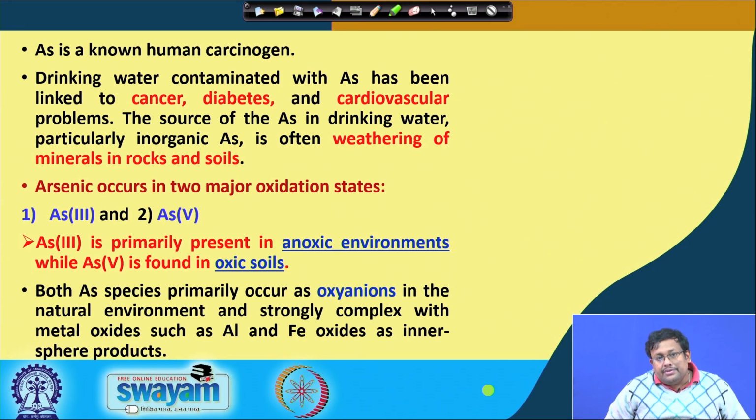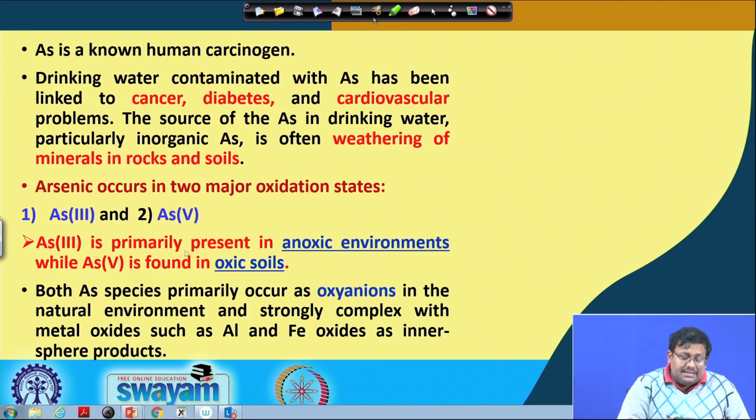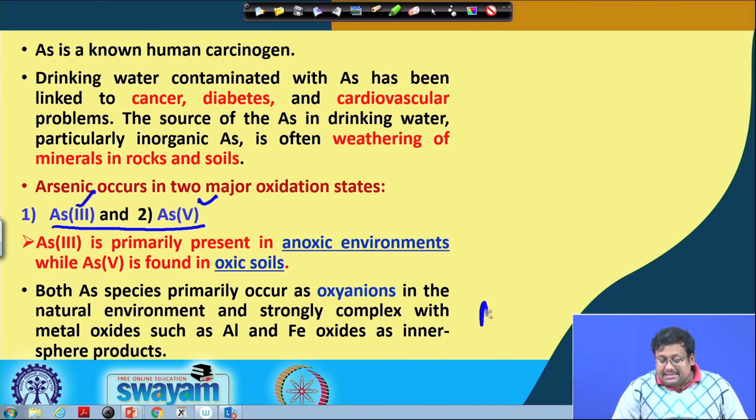As I have already told you, in most cases the source of arsenic in drinking water is the weathering of minerals in rocks and soils. So, mostly it is geogenic in nature. Remember that arsenic occurs in the environment in two major forms. One is called As3+, the other is As5+. As3+ is known as arsenite